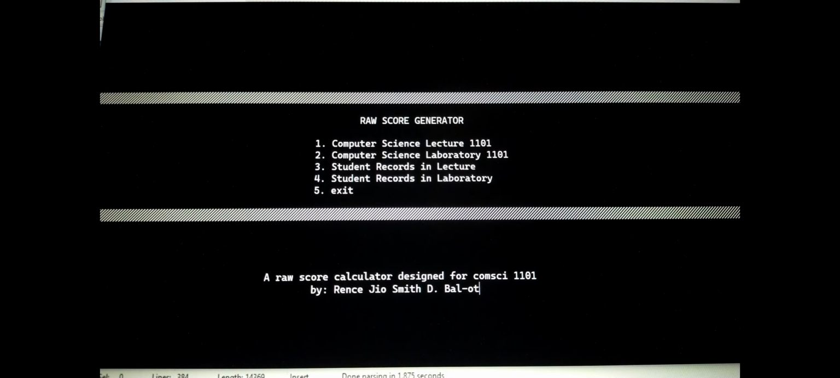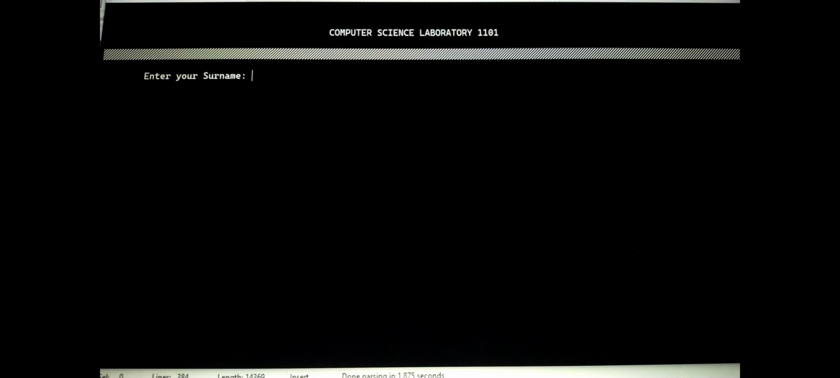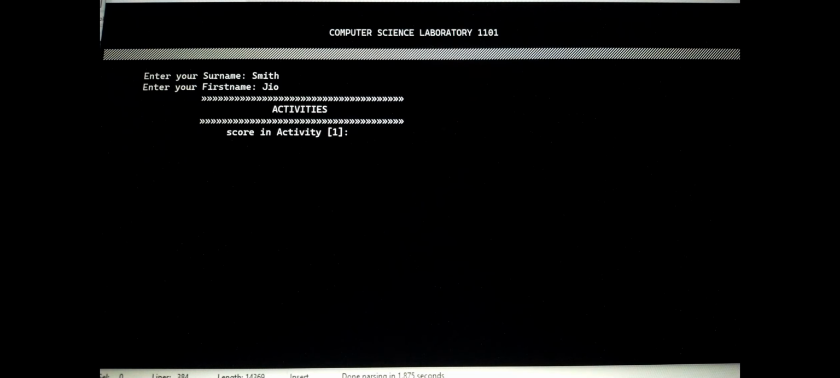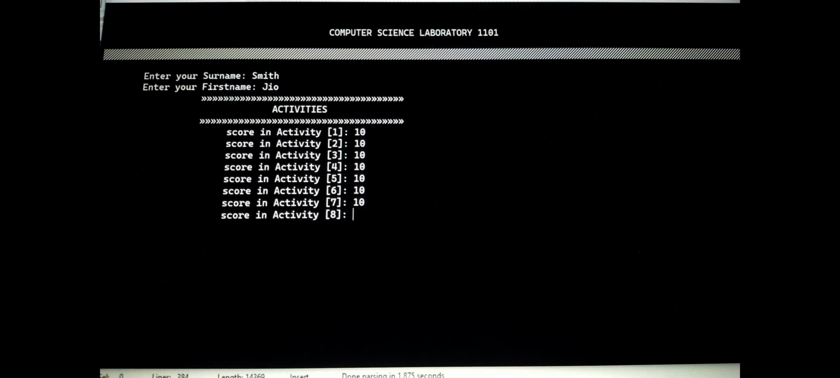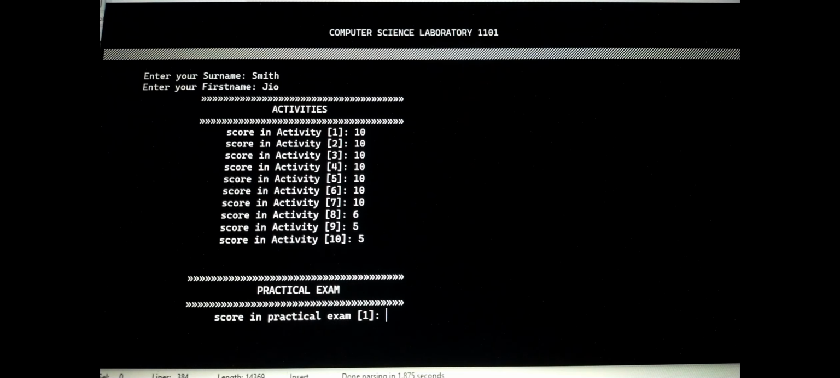And same with the computer science laboratory. Let me show it to you. I will click the number 2. And then same. Input your last name, first name, then scores in activity, scores in practical exam,